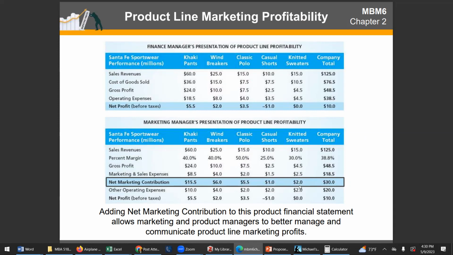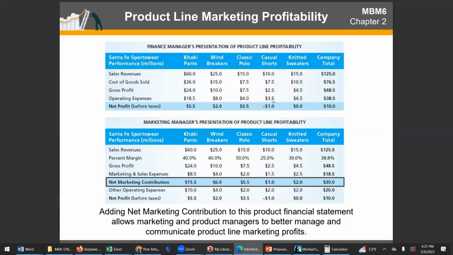2%, or excuse me, 2 from knitted sweaters, so 1/15. Okay. And then if we look at net profit before taxes, we can see that casual shorts has the lowest net marketing contribution in terms of absolute dollars and percentage, but when we include other operating expenses, okay, here's that